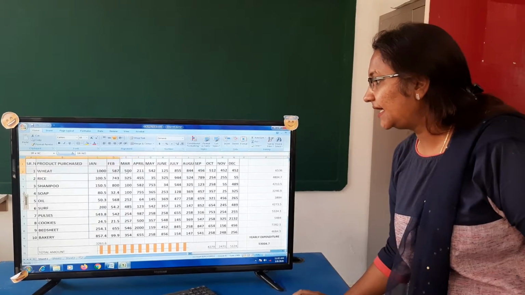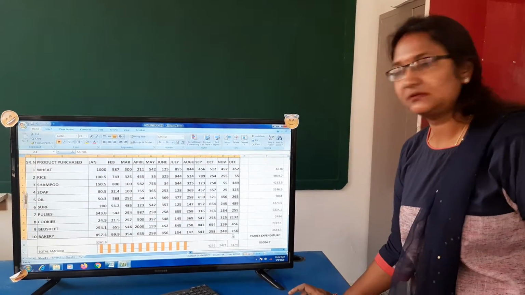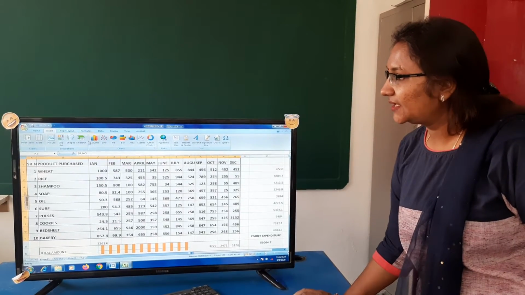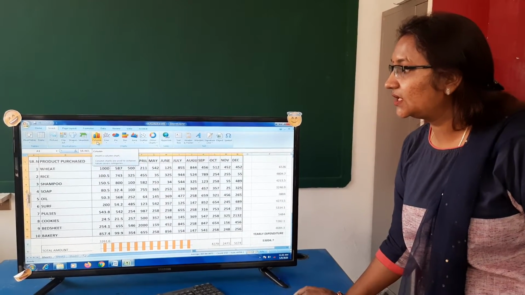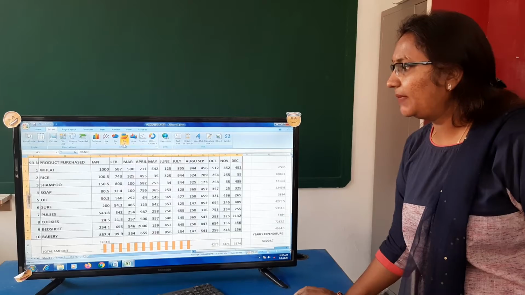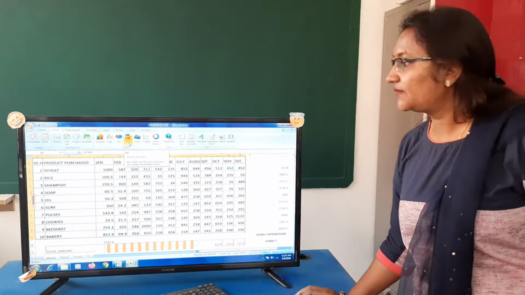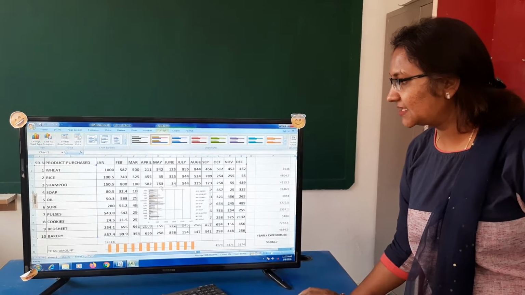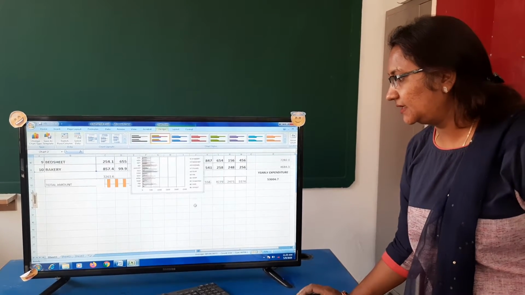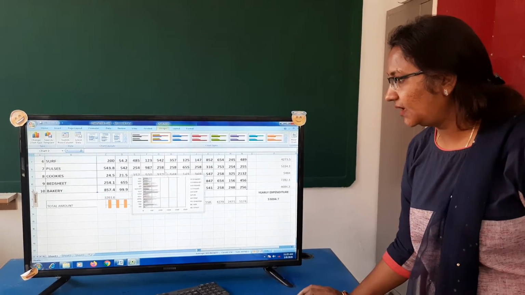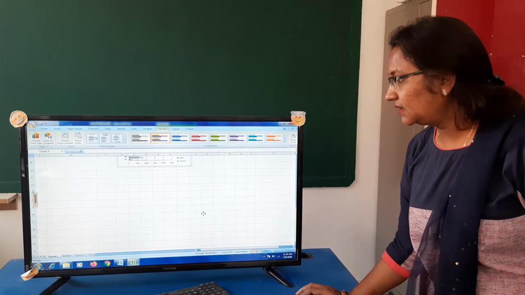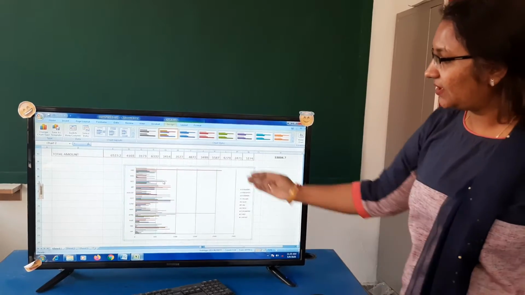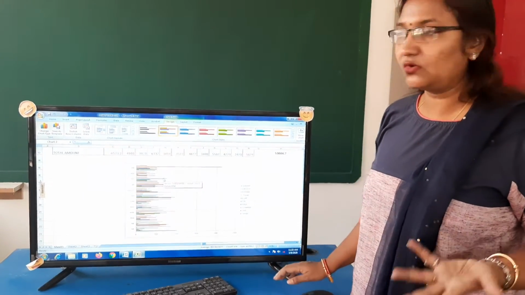Let's select the entire table. Select it. Now click on Insert. You can see here it is: column, line, pie, bar. You can pick up any kind of a chart whichever you want. I'll take bar chart. Select. See, the chart has come automatically. I'll just drag it down so that it will be visible by you. See how it has drawn the chart in its own way.